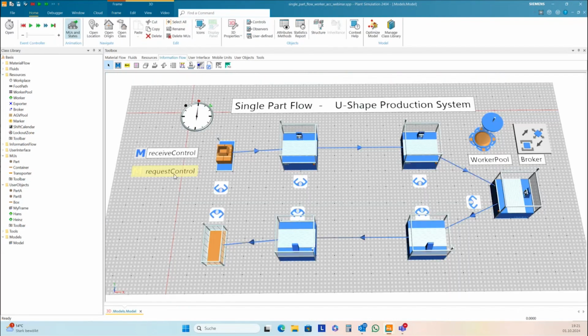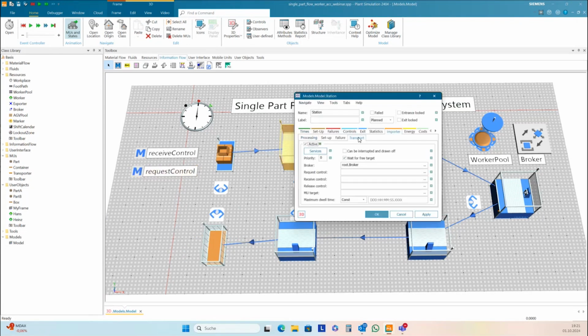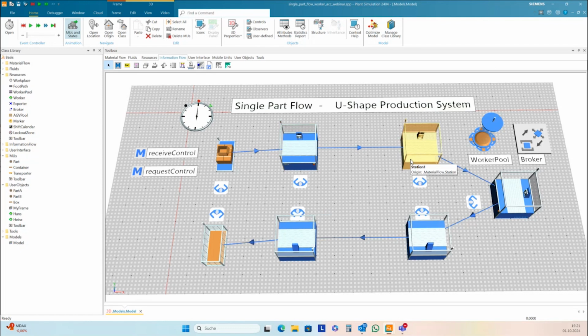So I copy the name of this, and then I need to add this to all importers, transport importer, request control, and here.